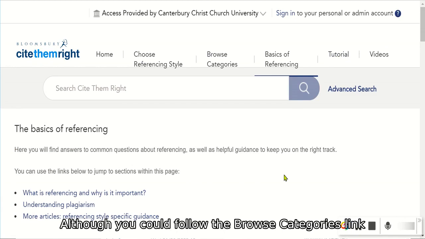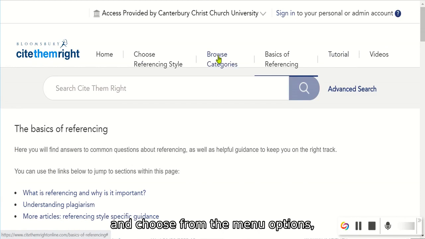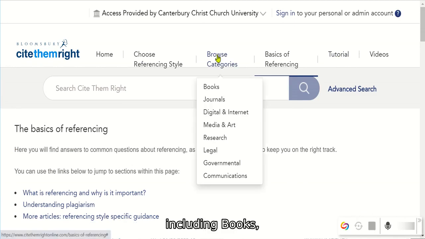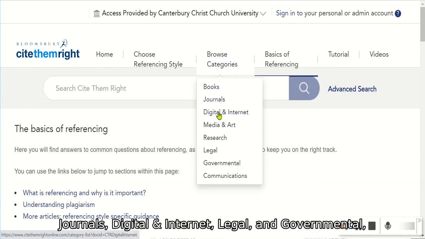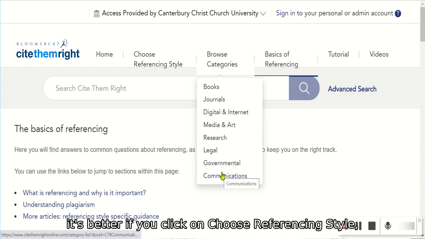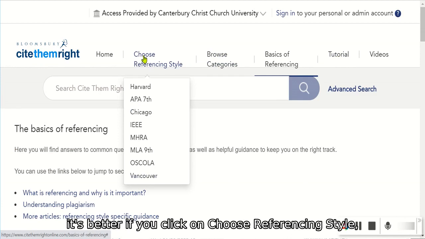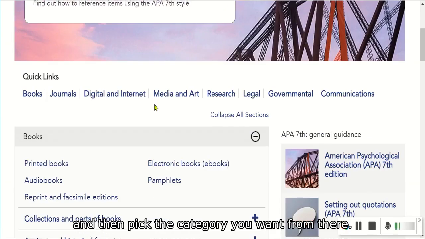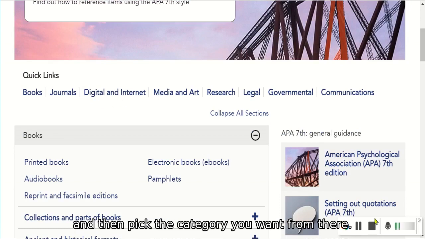Although you could follow the Browse Categories link and choose from the menu options, including books, journals, digital and internet, legal and governmental, it's better if you click on Choose Referencing Style, select APA 7th, and then pick the category you want from there.